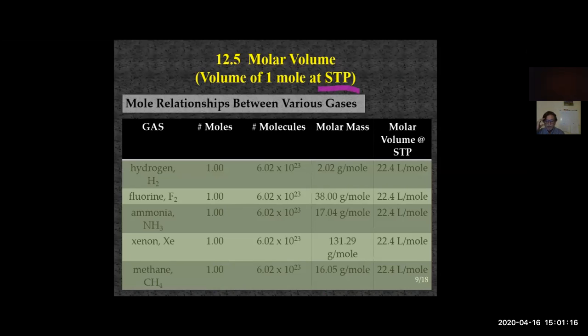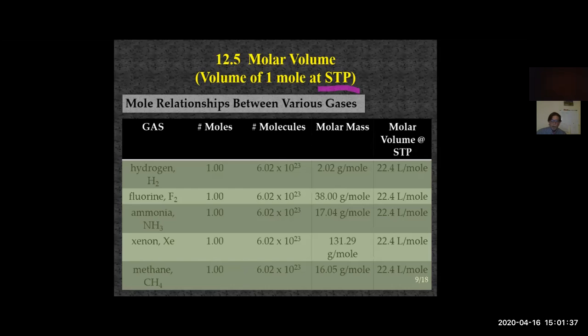The next slide will tell you what that is, but I can tell you now. Standard temperature is 0 degrees Celsius, and standard pressure is 1 atmosphere. Under those conditions and under those conditions only, we have a relationship that we can utilize,